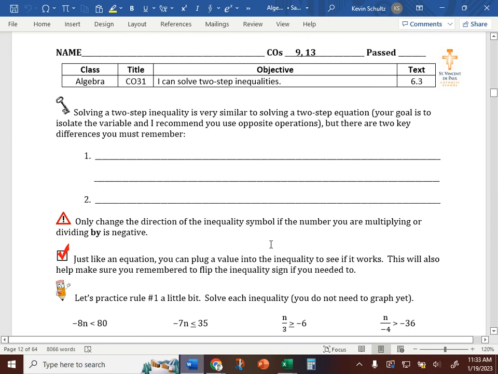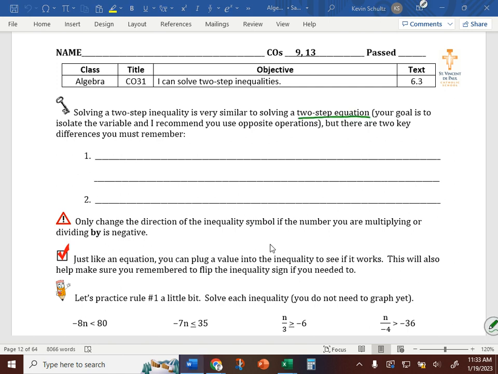Day, Algebra. We are going over CO31 today, which is solving two-step inequalities. And what I want you to remember, key point right off the bat here, solving a two-step inequality is very similar to solving a two-step equation. Okay? The process that we use to solve a two-step equation is what? Opposite operations. You're doing the same thing here. However, there are two key differences that you need to remember when solving inequality in order